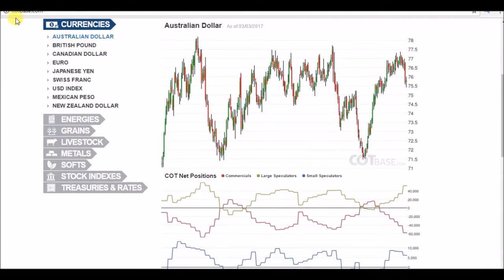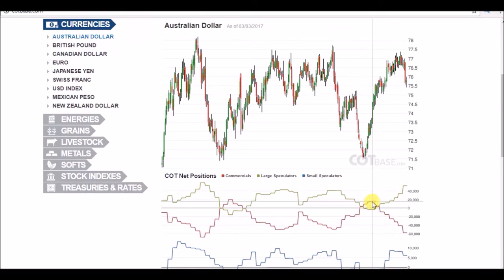Here we go, commitment of traders, and that's the COT. If I could just explain, this center mark is a zero position, and if we go negative, that is people shorting the market. But if we go positive, 20, 40, 60 up here, that is people longing the market. And we've got two different colors. We've got the commercials and we've got the green for the large speculators. Now the Australian dollar is just absolutely wonderful on a graph. It looks much better than any of the others, apart from the Canadian dollar.